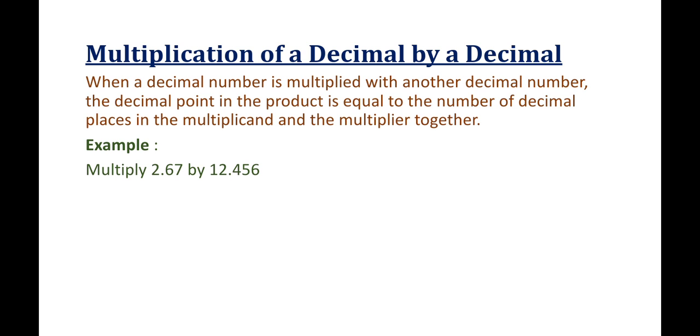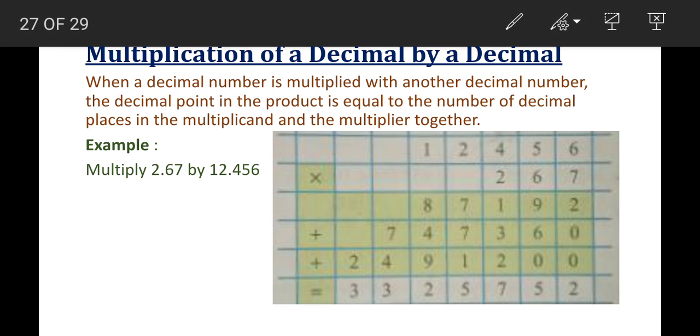Multiply 2.67 by 12.456. Here we multiply them as simple multiplication, and in the product you have to put the decimal point by counting the decimal places in the multiplicand and multiplier. So it is 12456, which you have to multiply by 267. Clear? So 7 multiplied by this number becomes